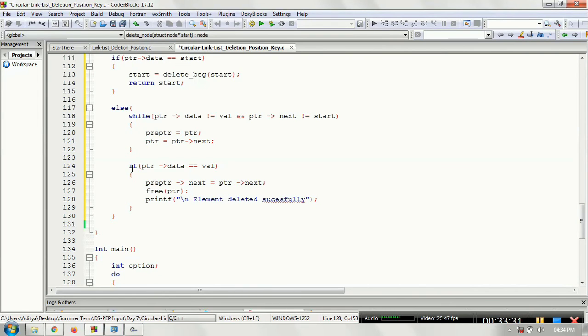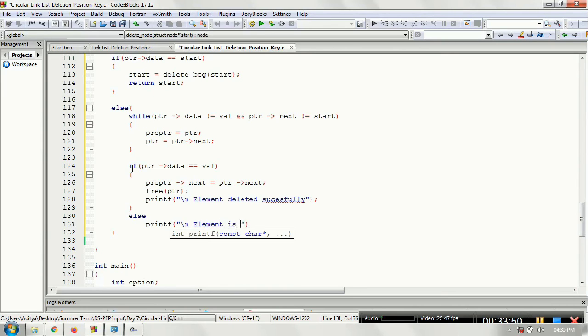Otherwise, if this is not the case, you have to put up else: element is not present in the linked list.